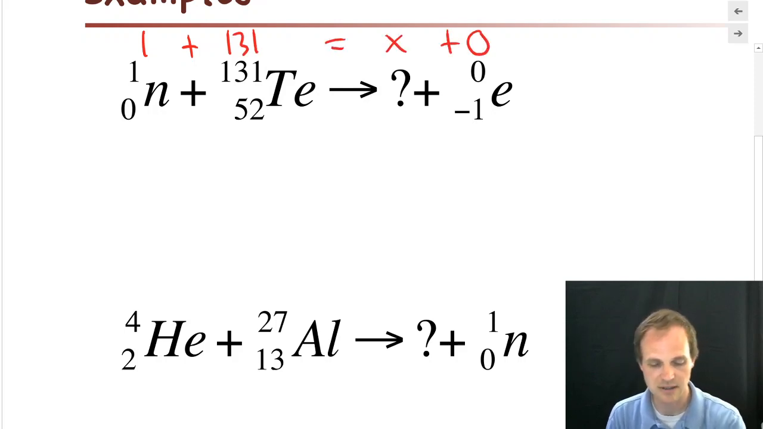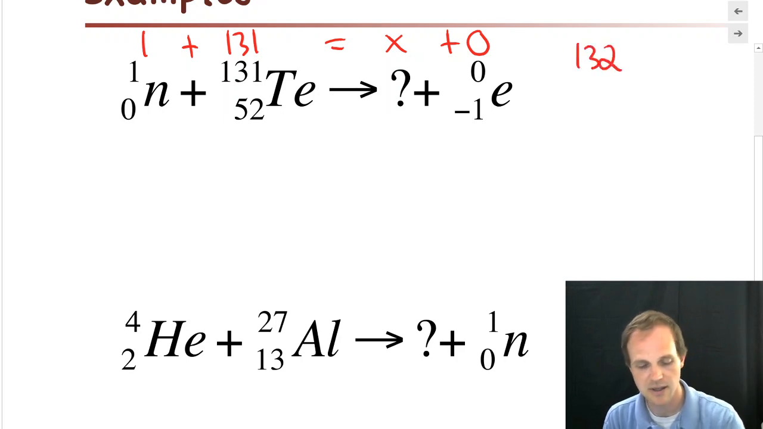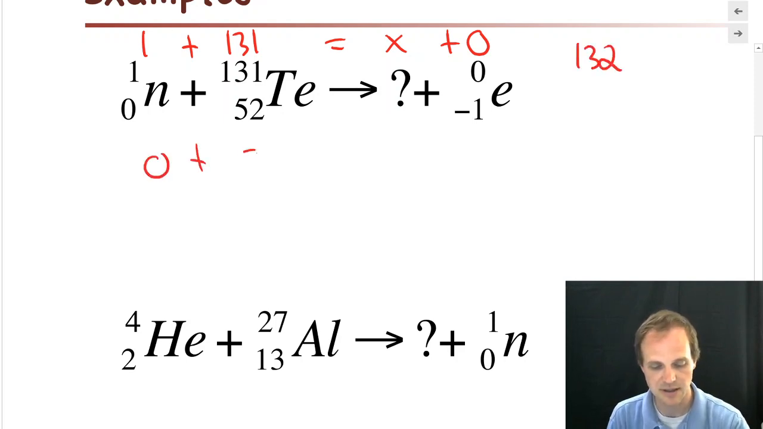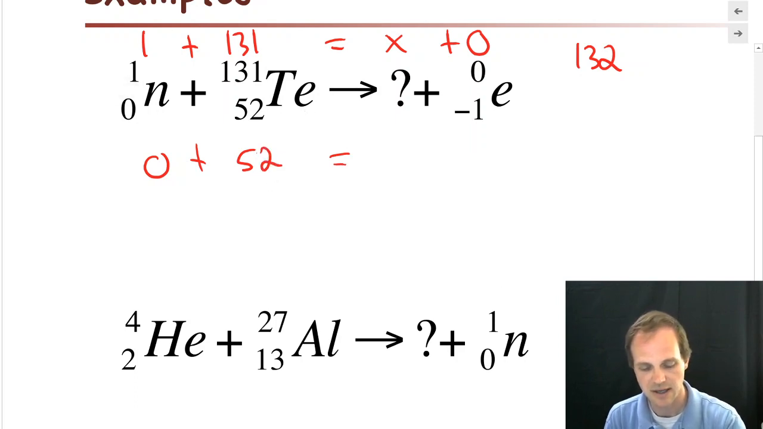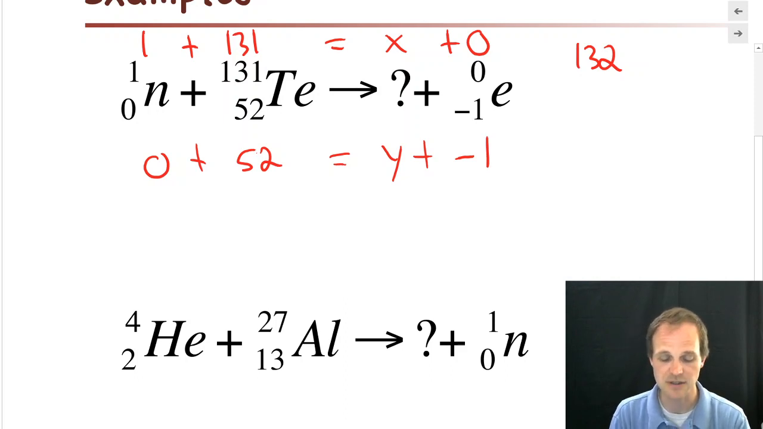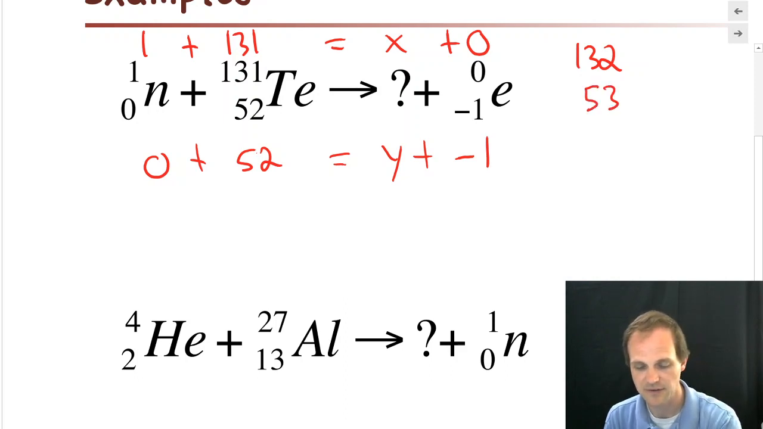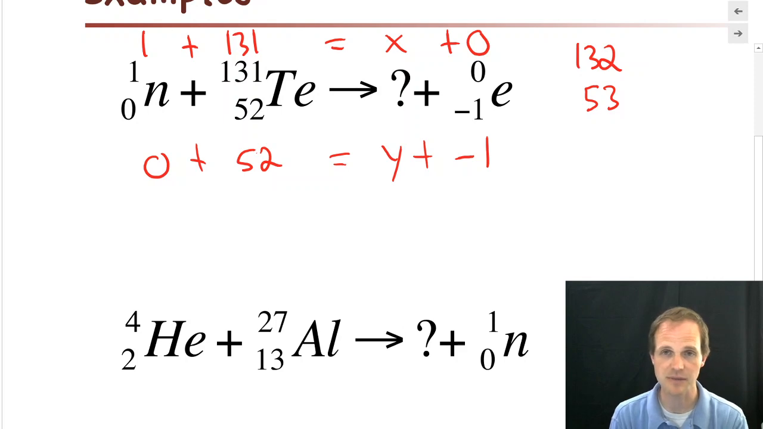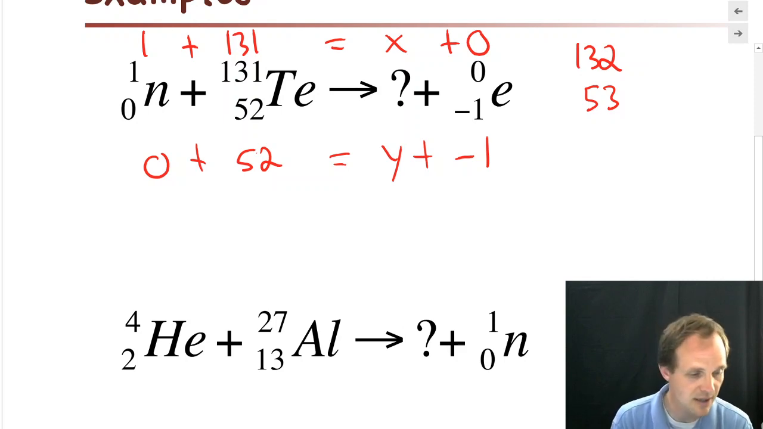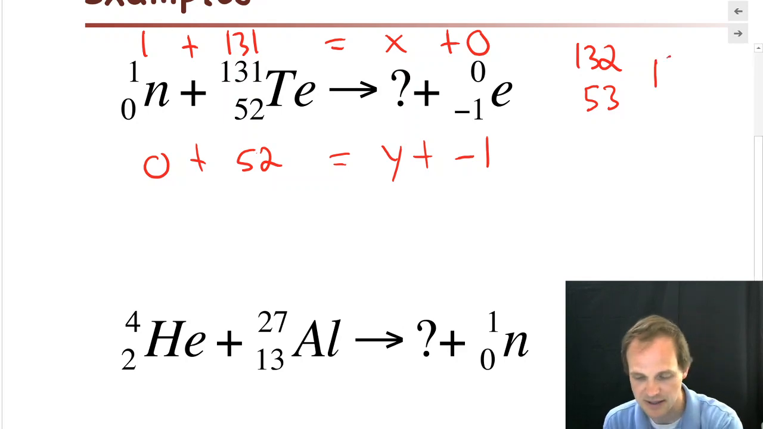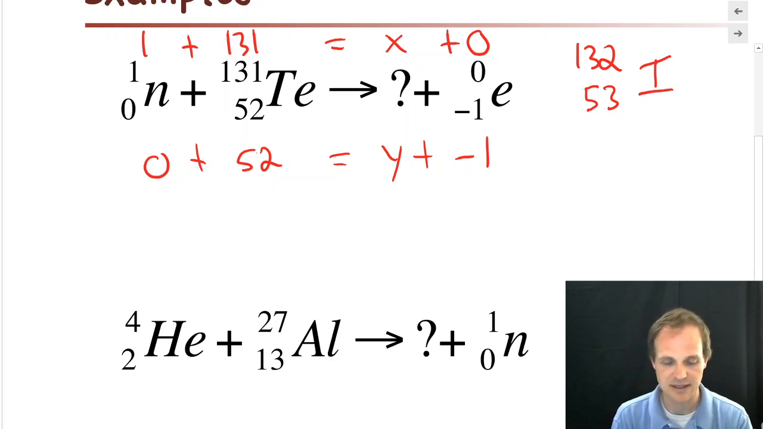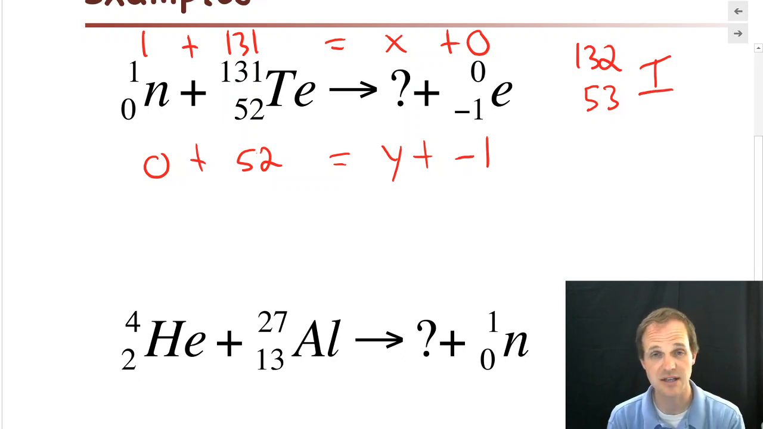131 plus 1 is equal to 132. On the bottom, we're going to balance the atomic number. Oops, helps if you write down the right number. And that's going to be y plus minus 1. So on the left, we have 52. And so that's got to be a 53 there, because 53 plus a minus 1 is 52. Element number 53 is iodine. And so we can take tellurium-131, smash it together with a neutron, forming iodine-132, and 0 minus 1 is a